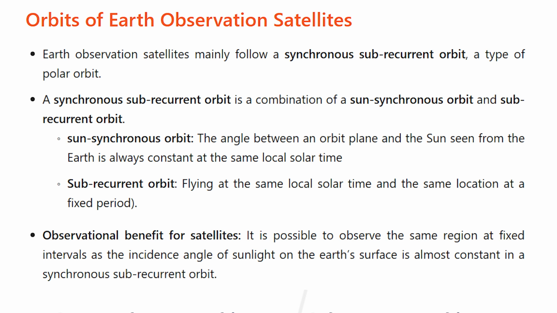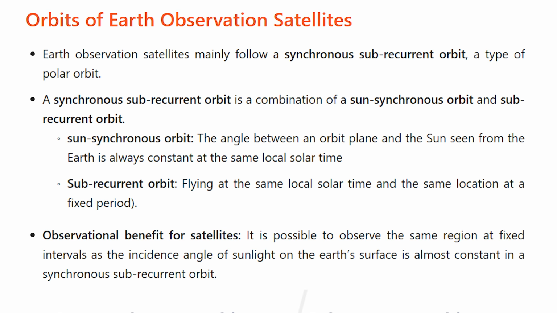Earth observation satellites mainly follow a synchronous subrecurrent orbit, a type of polar orbit. A synchronous subrecurrent orbit is a combination of a sun-synchronous orbit and subrecurrent orbit. Sun-synchronous orbit: the angle between an orbit plane and the Sun seen from the Earth is always constant at the same local solar time. Subrecurrent orbit: flying at the same local solar time and the same location at a fixed